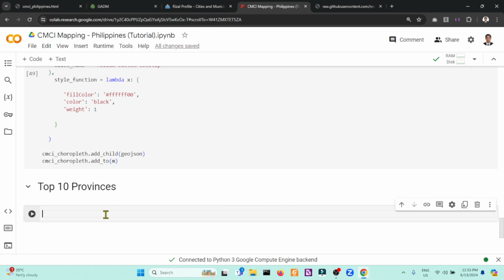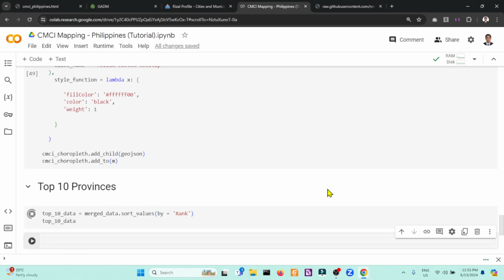for the Philippines. So for the extraction of data, I'll define a variable top 10 data, equivalent to merge data. Then we will sort the values by rank. So let me show you the data. Top 10 data.